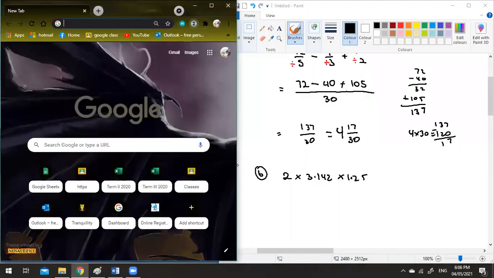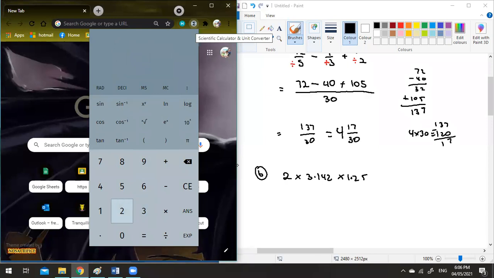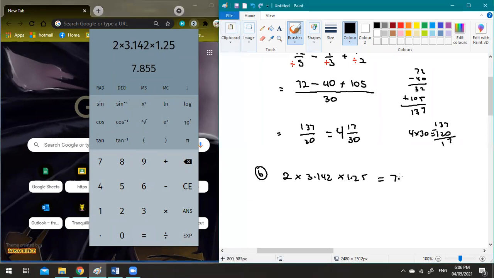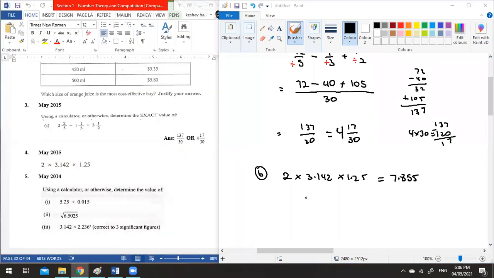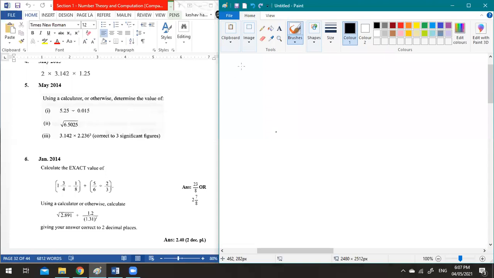So yeah, just use your calculator for it. So 2 multiplied by 3.142 multiplied by 1.25 equal 7.855. That's it for that one. So number 5, May 2014, part 1,